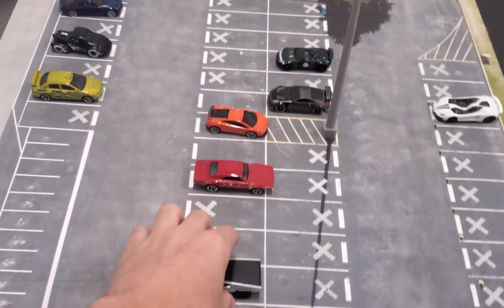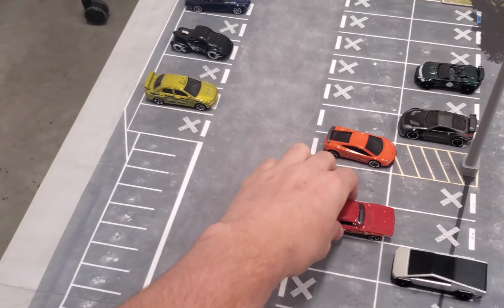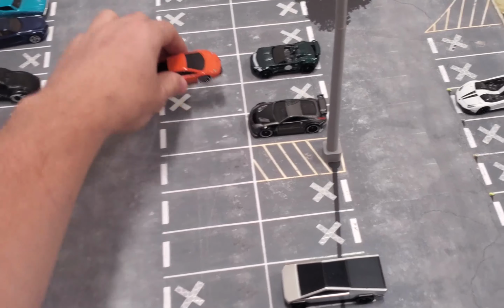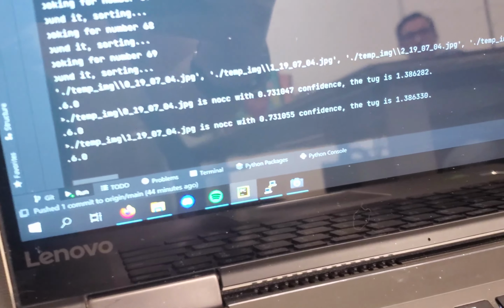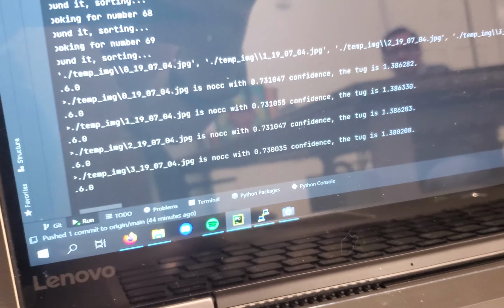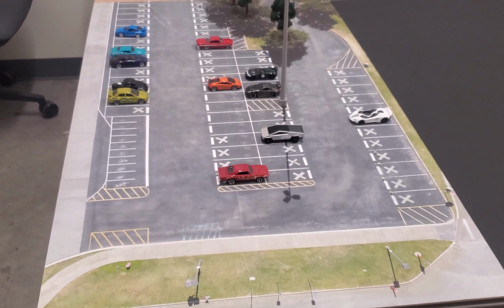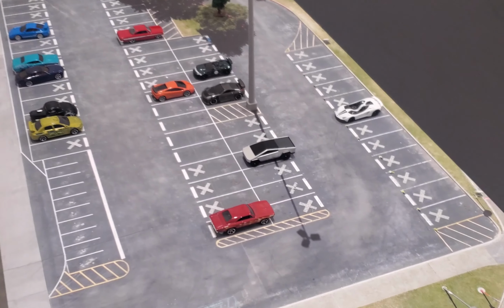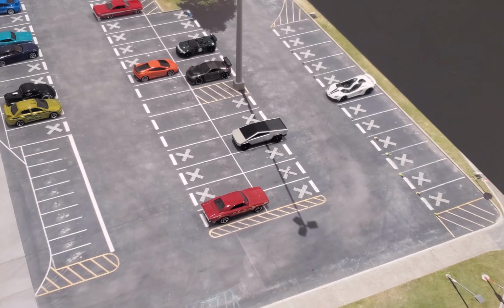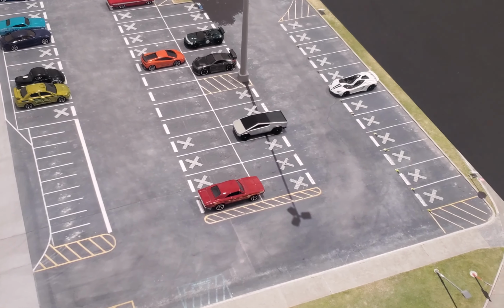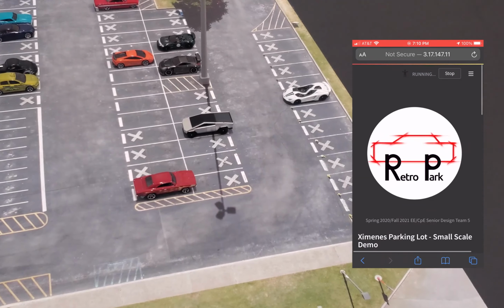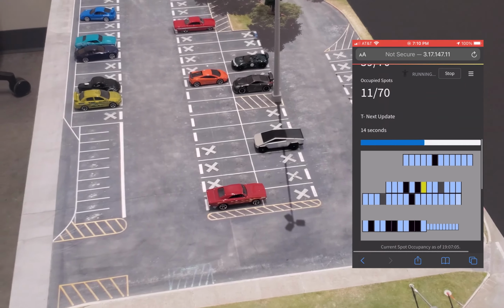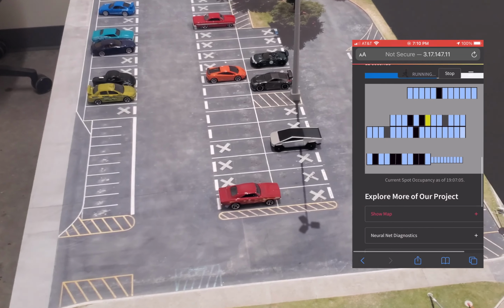So now, if I wanted to, I could move some cars around, just place them to my heart's desire. There we go, it took the photo, and now it's going back through and checking the occupancy of every spot. As it is right now, it takes a little under a second for it to run the spot through all three of the convolutional networks, the quorum, and get a response from it. So you can see here it sent it, and based on the web page, we've got a response from it.